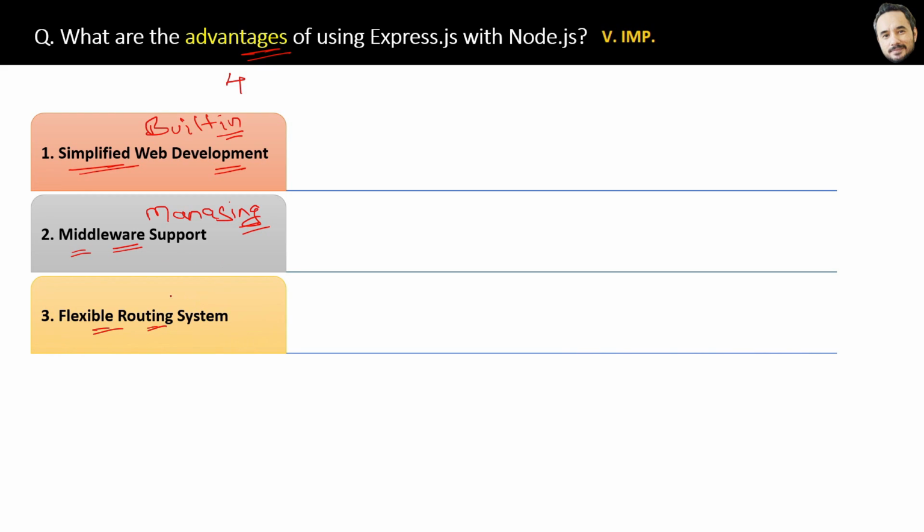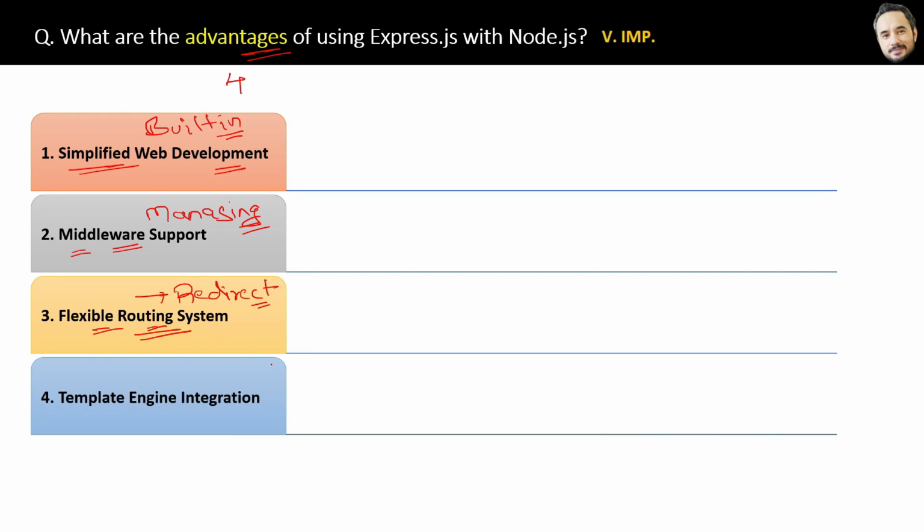The third advantage is Express provides flexible routing system. So basically when any request comes, you must redirect it properly to the methods of your REST API, based on the request URL, right? So therefore, with Express framework, it is simple to understand the URL patterns and redirect them properly with minimum amount of code. That is the benefit. Again, I will cover this routing in Express in upcoming questions in detail.